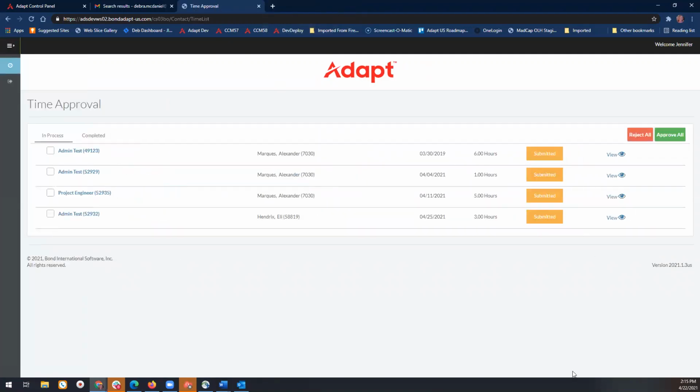And that takes me to the approval dashboard. So you'll see it's similar to what the view was for the candidate. You've got your in process and you've got your completed. So the in process for the contact is going to be that time which has been submitted. So the contact can